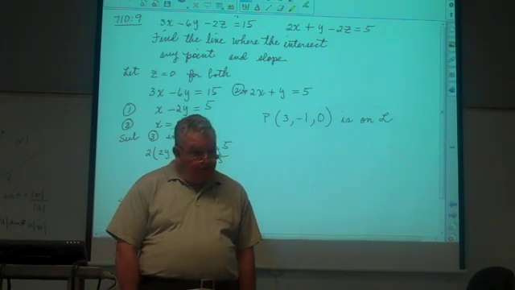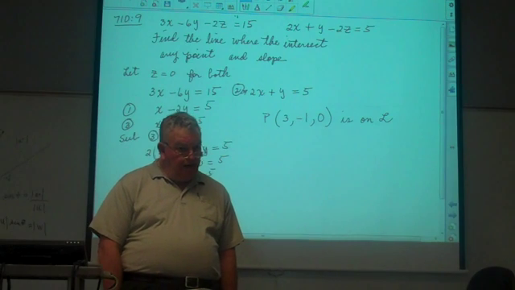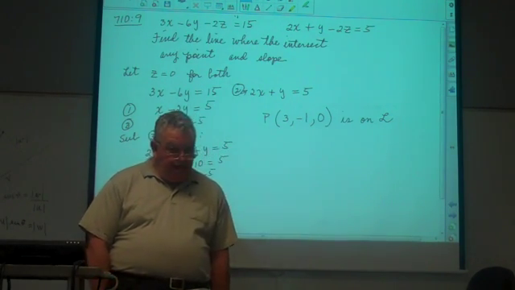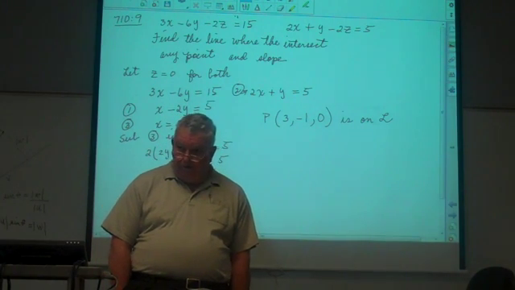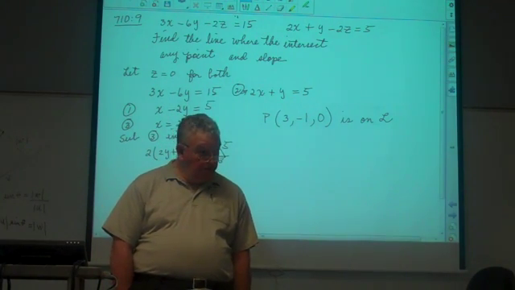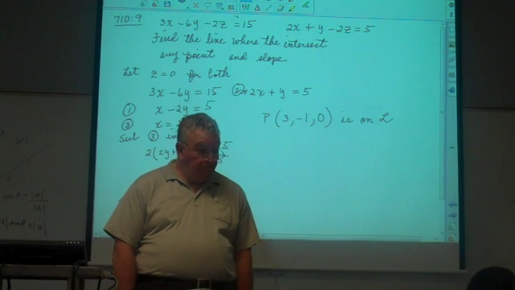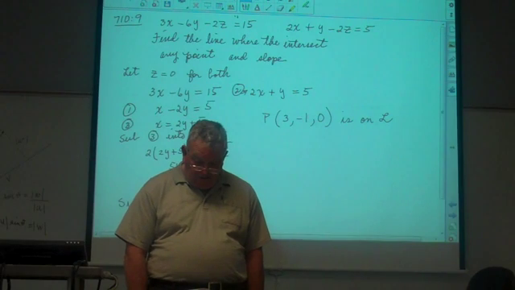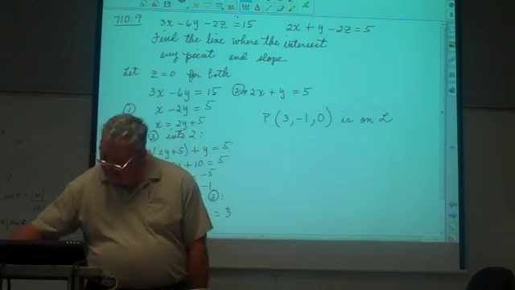But that vector that's parallel to this line could be perpendicular to the plane. So what we do is we're going to find